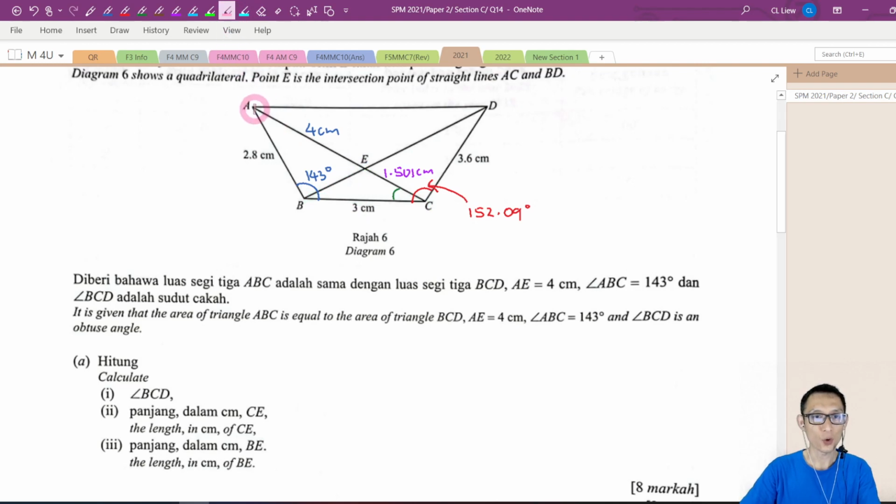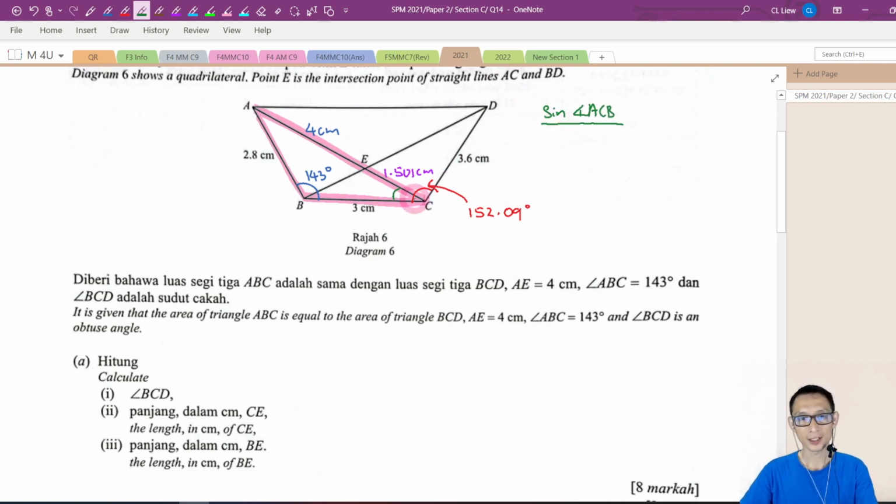Now look at this whole triangle. Now let's look at this larger triangle. Is there a way for us to get this angle BCA? Yes, right? We can use the sine rule. Sine of this angle divided by this side is equal to sine of this angle divided by this whole side. Okay? So sine angle ACB